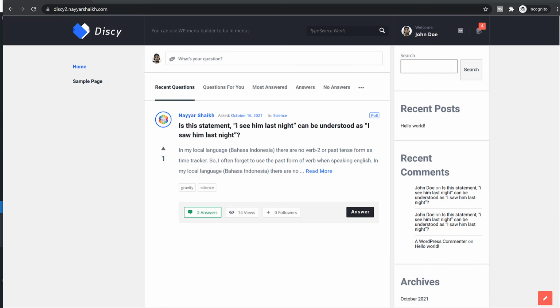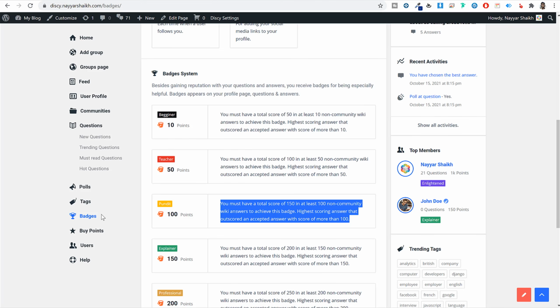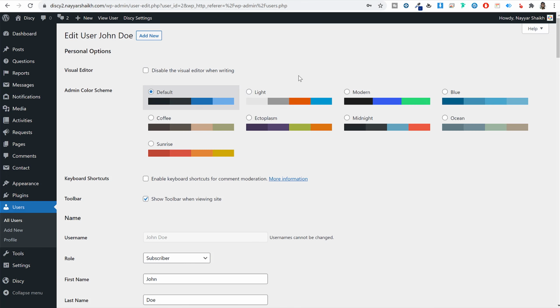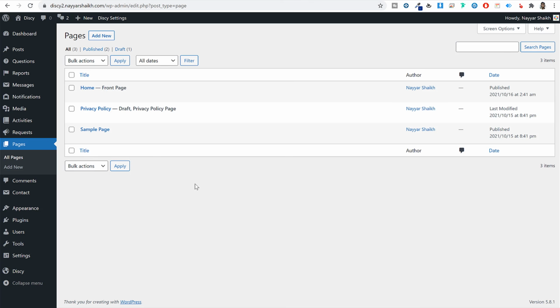Now let's do one thing. Let's create a few pages. So a few pages are required over here. For example, we don't have this badges page, we don't have the tags page, all these groups page, polls page. Let's create these pages. So for that, we'll come back to this option, click on pages from the left hand side,